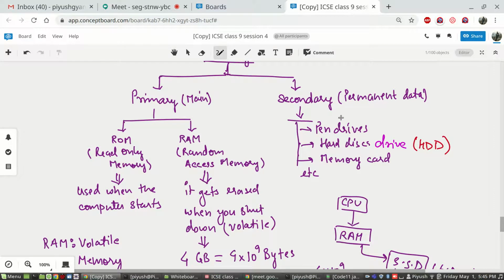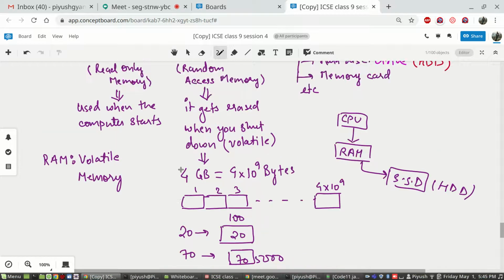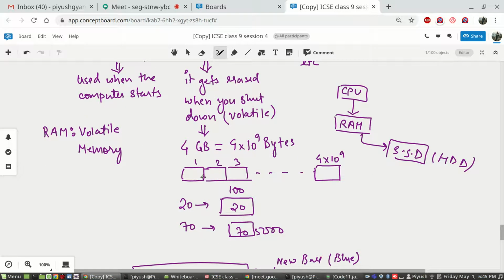So in such cases, those programs running on your RAM in real time are known as processes. Anyways, this was the basic idea about your memory units. Then we saw generally what 4 GB RAM means. You can imagine RAM as being made of small boxes internally known as bytes. These bytes are the small storage units where you store your data, even when you are writing your programs. We'll be seeing in depth today how to store your data in RAM.